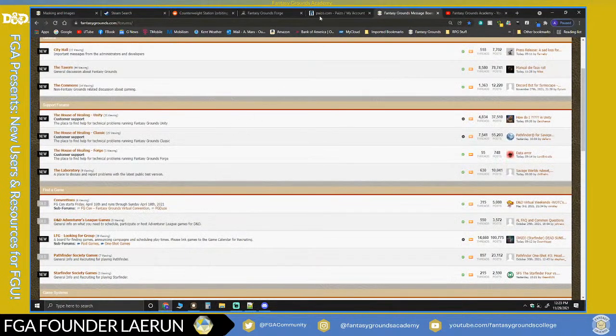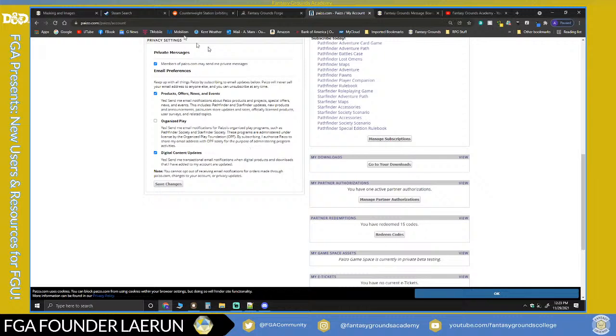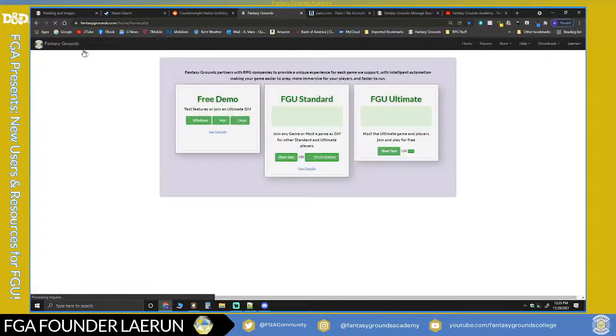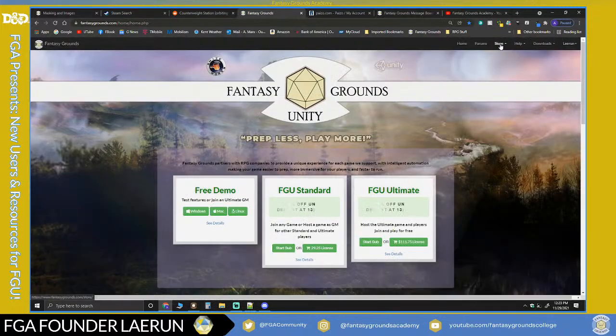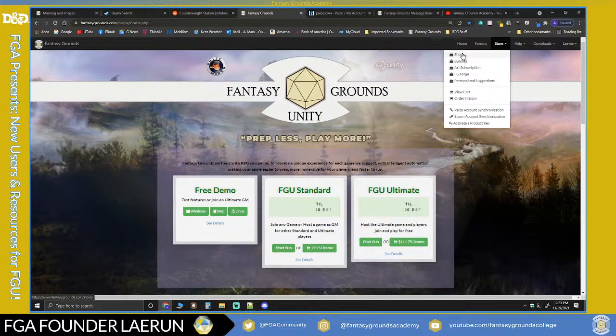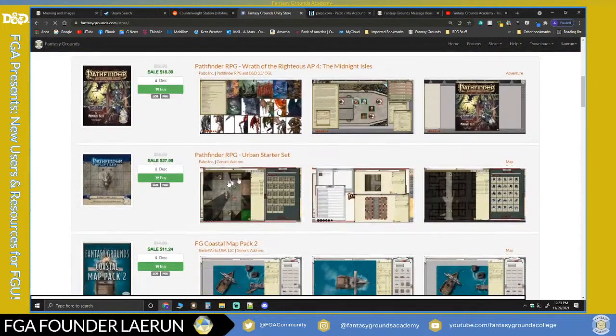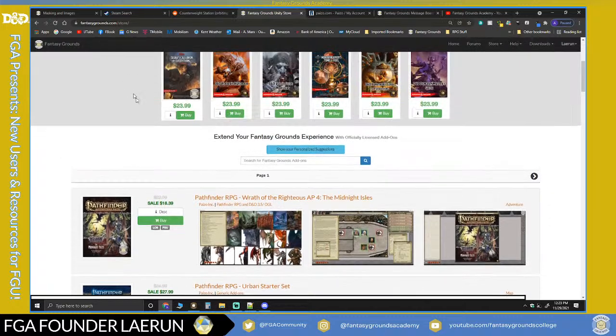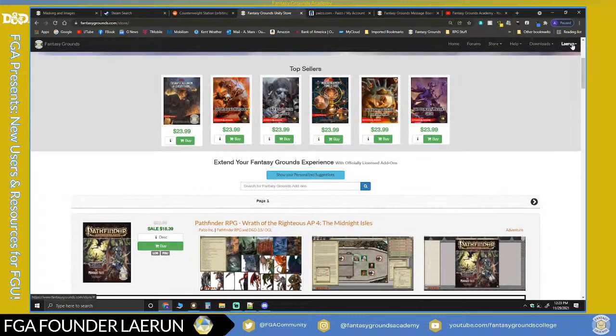And on top of that, if you go to your Paizo account and you have refreshed or synchronized your accounts, you will get the PDFs. So when you buy the rules on the Fantasy Grounds store, let's say I'm going to just pick one of these. If I buy this Wrath of the Righteous AP4 and then I update the synchronization, if I go to my account...